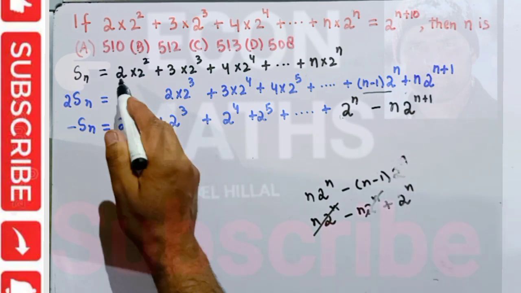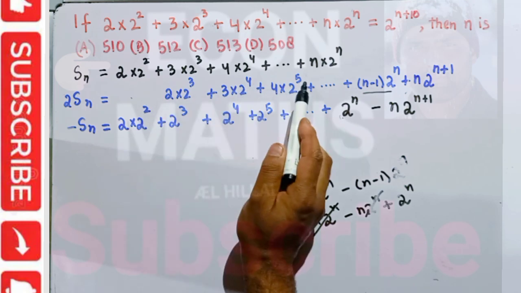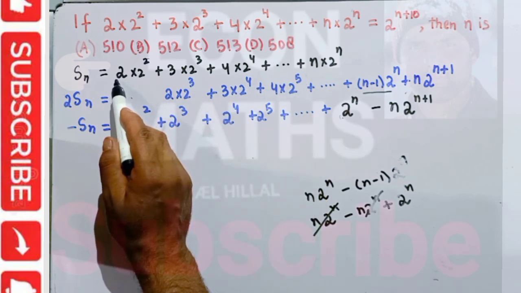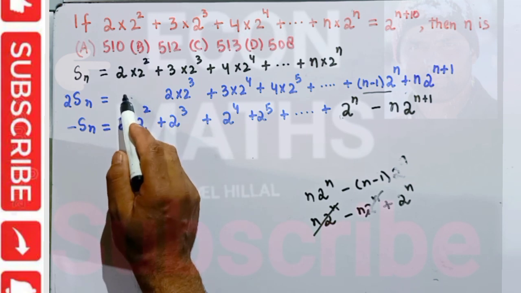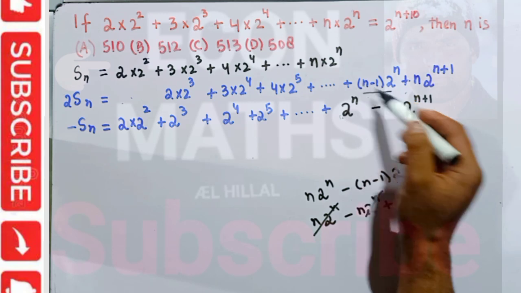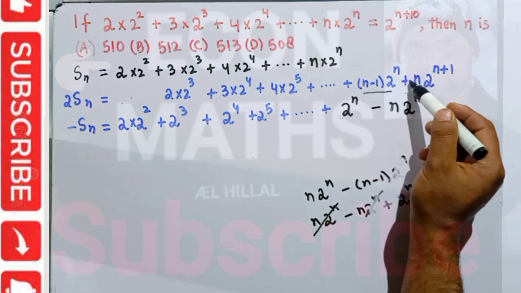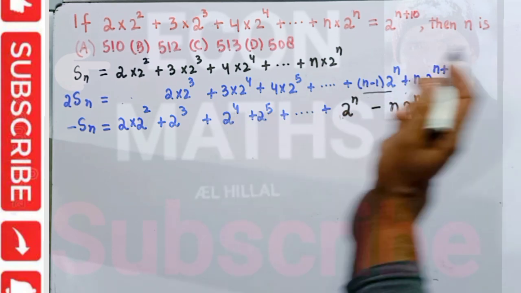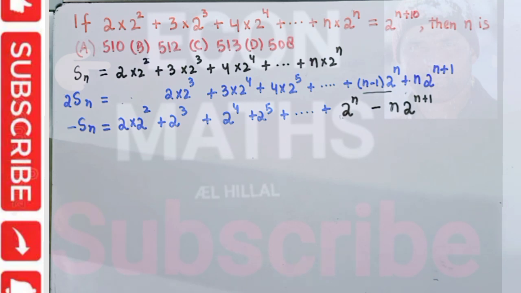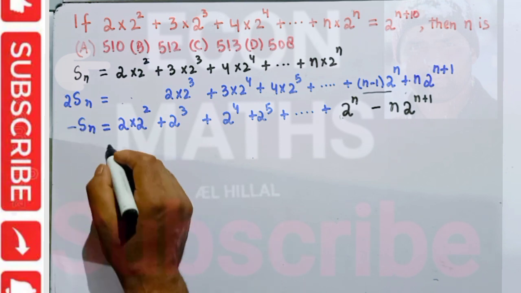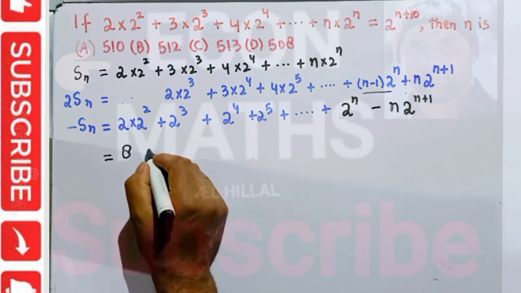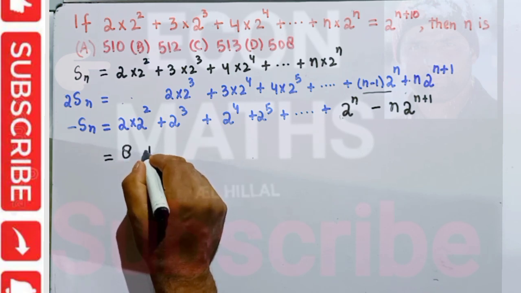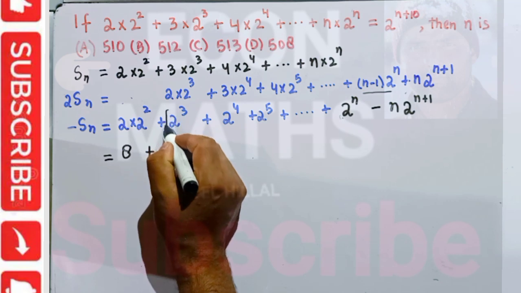Why? Because we are lagging behind, we don't subtract the first term here. When we don't subtract the first term here, then here we have to write this term in the subtraction. Then we can see the pattern is becoming visible here. So this is 2 2s are 4, 2 4s are 8, then we have plus,